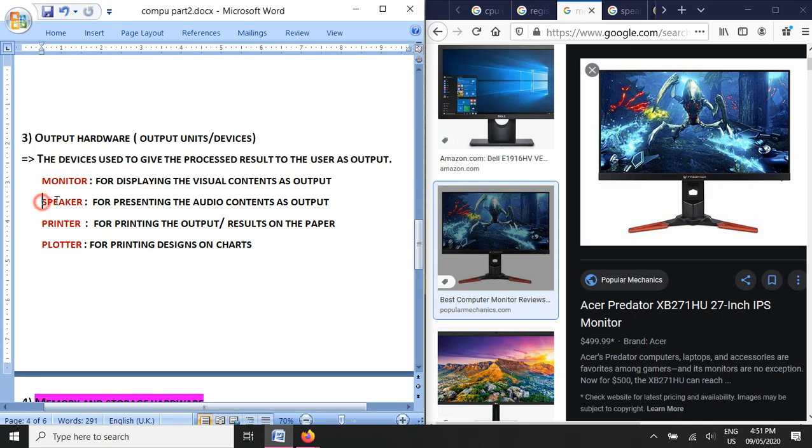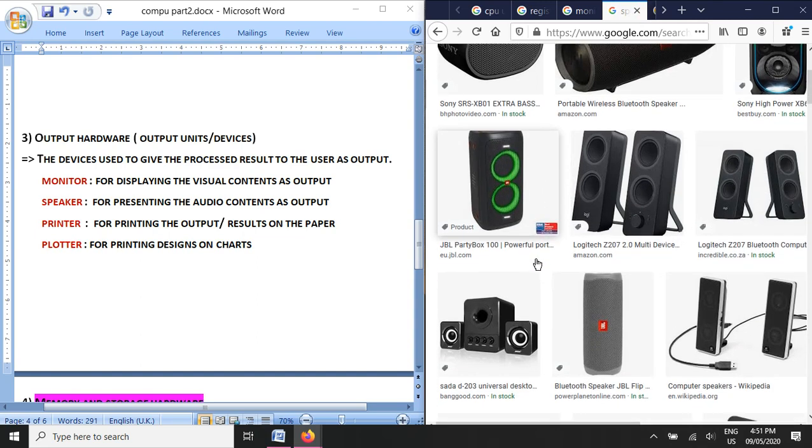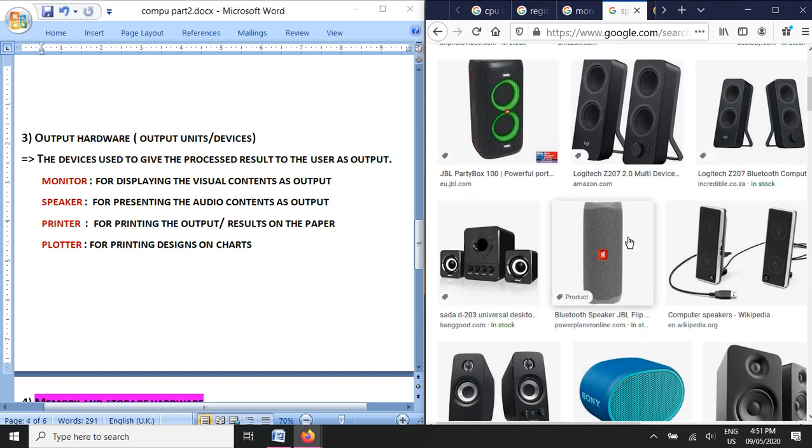And after that there is the speaker. The speaker is a sound output or audio output device that is used to output the audio or sound from the computer. Yes, the computer also plays music and videos, and there are sounds to be produced, and to produce the sound output the speaker is used. You can see in the picture there are different types of speakers. You can connect them to the computer either with Bluetooth or directly with an audio cable, and they can be played as required. So the speaker is the sound output device.